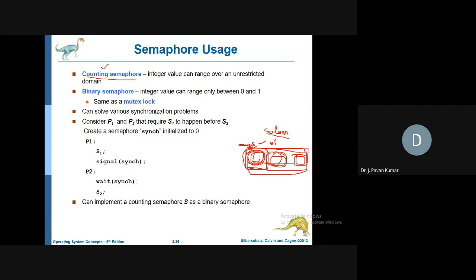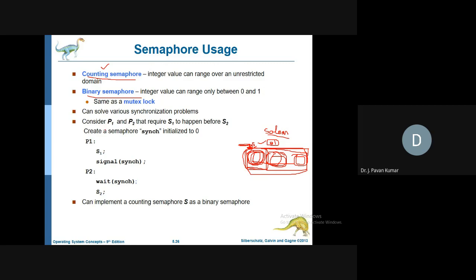In this context, if a process enters into its critical section, all these resources are held by that one process, although it does not require all of them. That's what we can consider as a binary semaphore application.